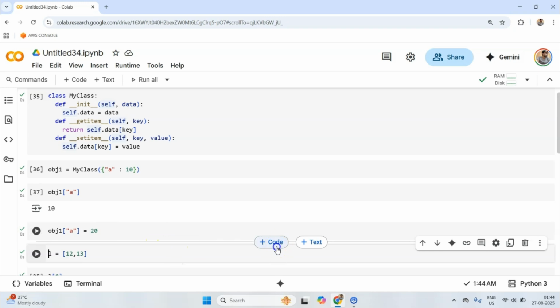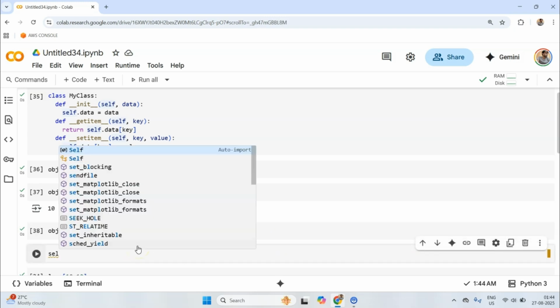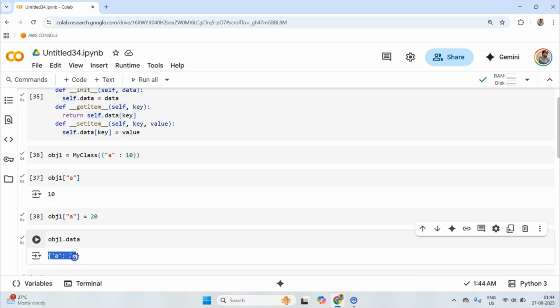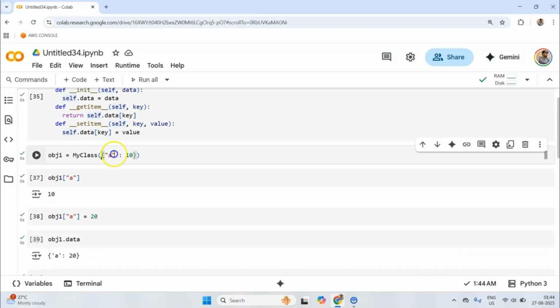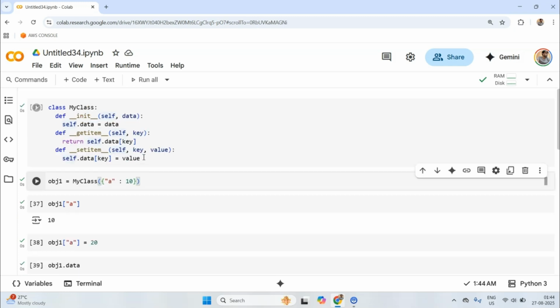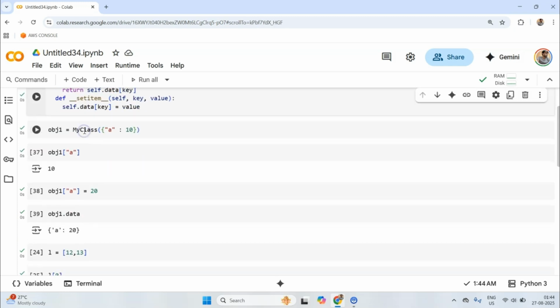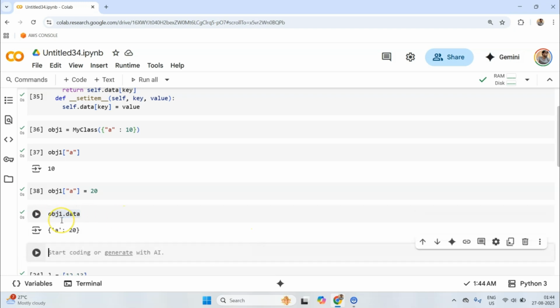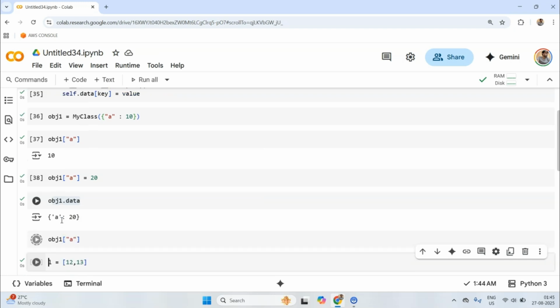Now the value has been updated, and if I print object 1.data, we see a's value has been updated to 20, but we passed 10, right? You get the idea, right? We could also have, rather than printing the entire data structure, just printed the a like this.